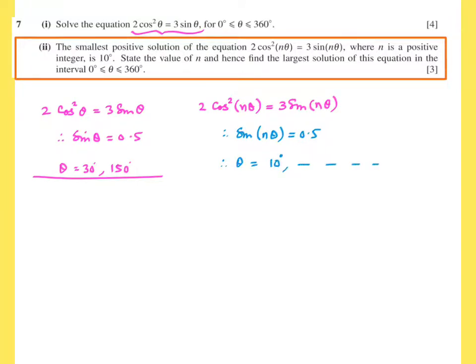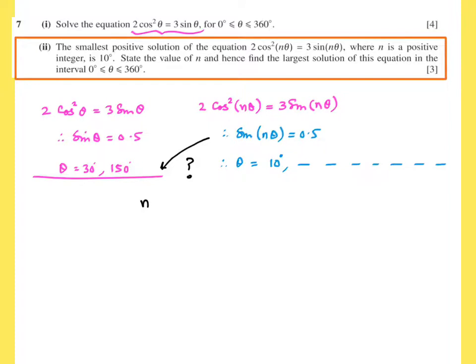And now they are saying there are many answers and the smallest answer is 10 degrees. Now, how come the very first answer of 30 degrees became 10 degrees? By what factor is it divided? So without any calculation or maybe minimal calculation, I can say 30 divided by something is becoming 10. 30 divided by 3 will make it 10. Therefore, the value of n is 3. So some people would write it this way. Some people need a little bit more push.